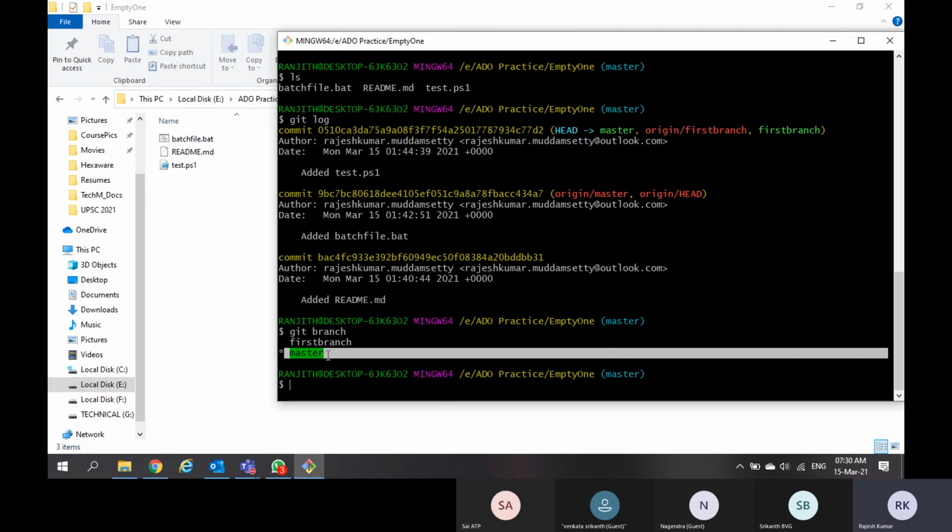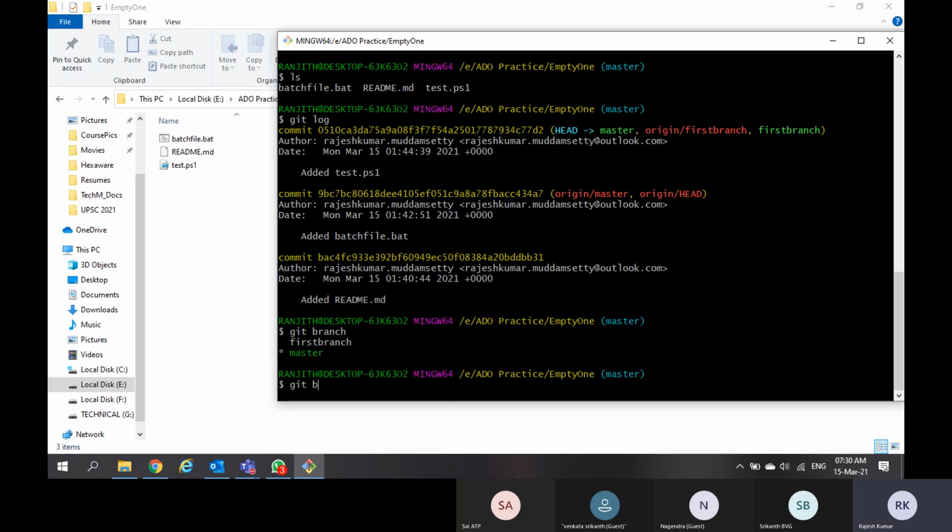Now if I want to create a new branch, the command is git branch and the expected branch name. I already have a first branch, and I am creating a second branch. See, I am performing the new branch creation by sitting in the master branch.